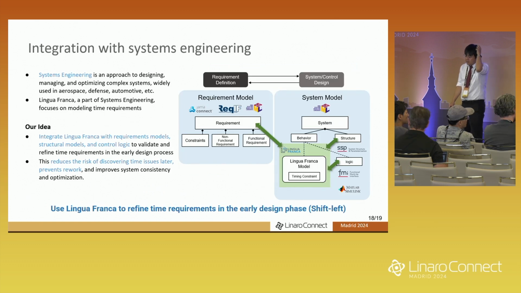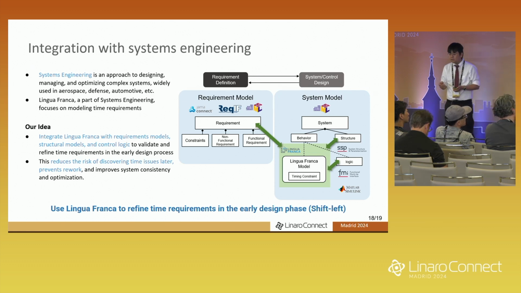Okay, finally, I'd like to shift our focus to systems engineering. Systems engineering is an approach to designing, managing, or optimizing complex systems. It's used widely in aerospace, defense, and automotive. As shown in the figure on the right side, in the requirement definition process of systems engineering,